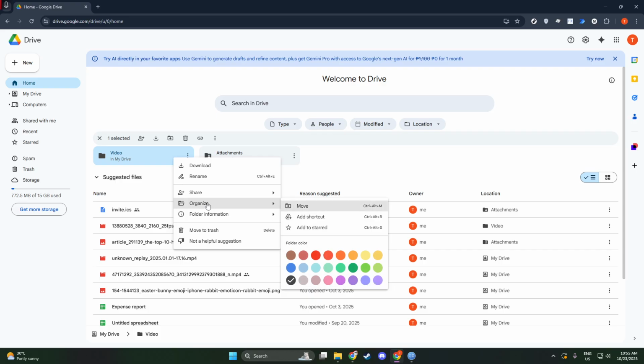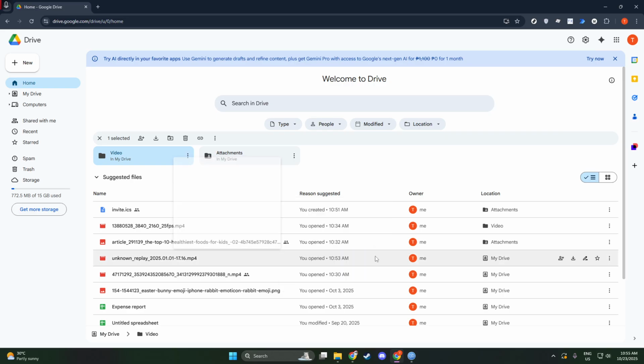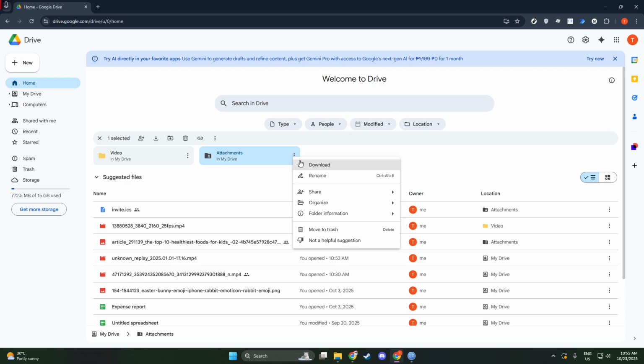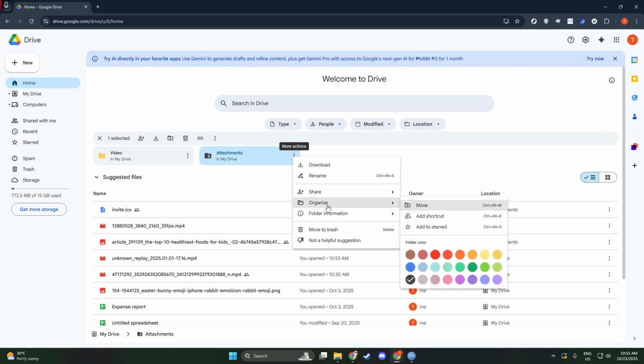Click on Change Color, and you'll be presented with a variety of colors to choose from. There are approximately 24 color options available, ranging from vibrant reds and greens to more subdued pastels and neutrals. This diverse palette allows for flexibility, whether you're looking to assign colors based on priority, category, or simply personal preference. Take a moment to consider which color makes the most sense for you or provides you the quickest visual cue